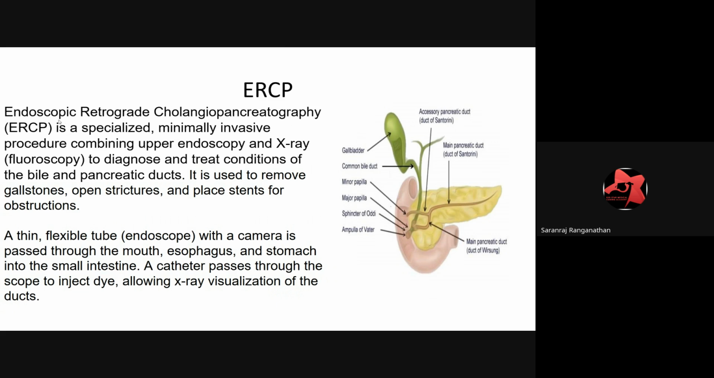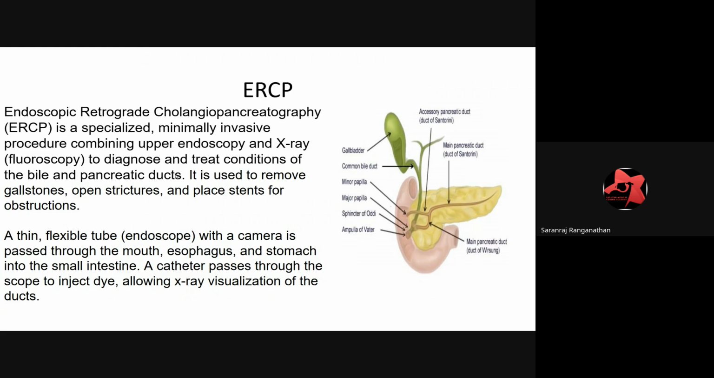So you can see by using the endoscopy, retrograde means backside image. Okay. So by using the endoscopy, backside image of the cholangiopancreatography. Cholangio means gallbladder, pancreatography means pancreas they will see. Okay. So it is a specialized minimally invasive procedure combining upper endoscopy and X-ray fluoroscopy to diagnose and treat the condition